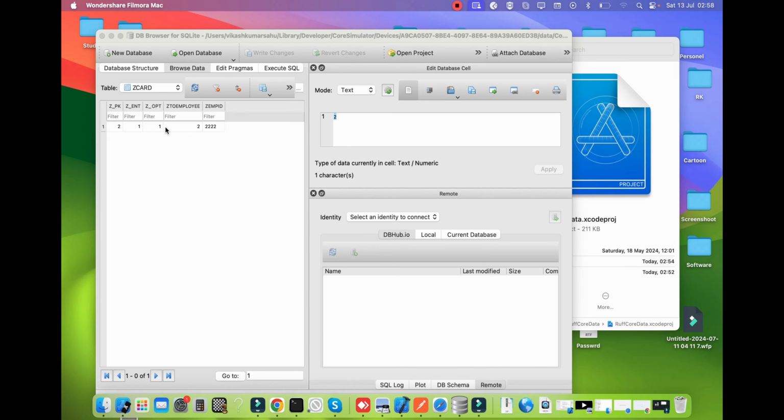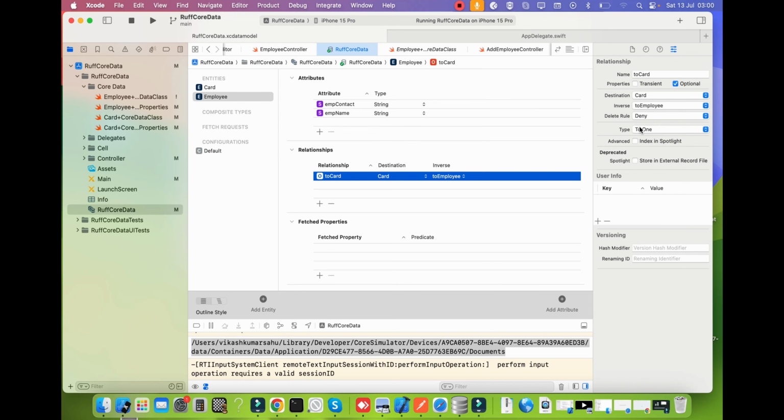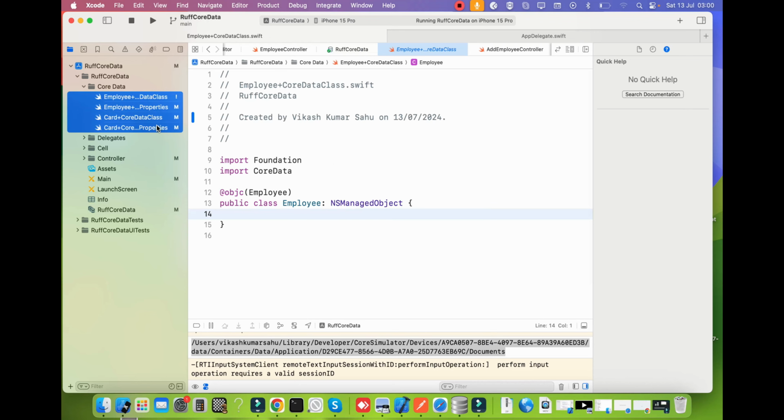So the cascade delete rule says when we delete a parent entity record, the child entity record will also be deleted. It means when we delete the parent entity employee record, the child entity card record will also be deleted. The fourth delete rule is deny. The deny delete rule says when we delete a parent entity record and a child entity record exists, then it will deny the delete. For example, in a bank schema, suppose there are two entities, card holder and credit card. If the card holder has dues on a credit card and we want to delete the record of the card holder entity, it will deny the delete. Let me set the deny delete rule and delete the previous Core Data files